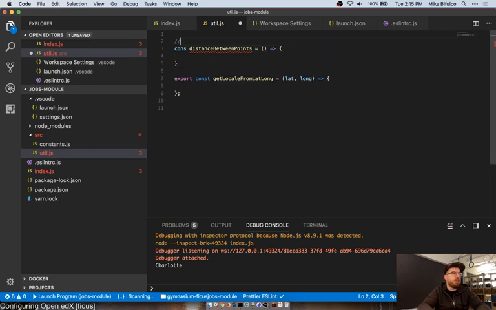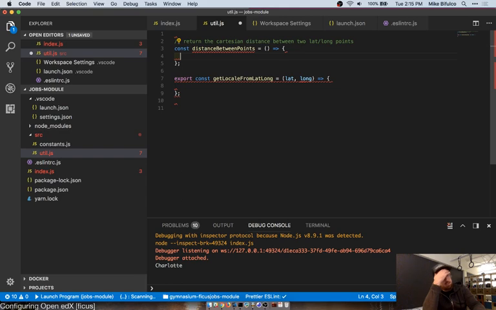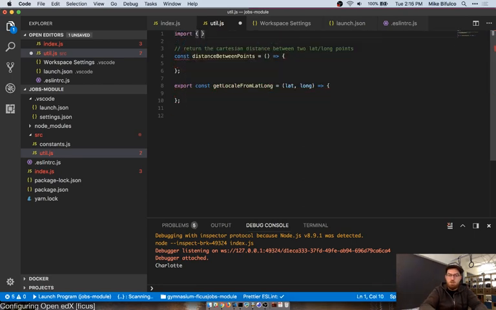So this will return the Cartesian distance between two points, two GPS points. Not really GPS points. On the map, we're going to have to, also we'll need the list of markets for this.